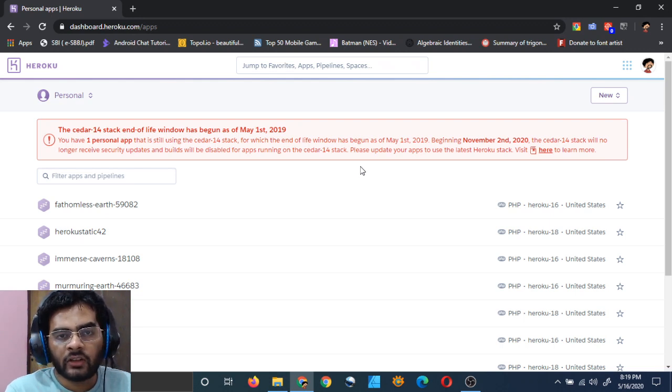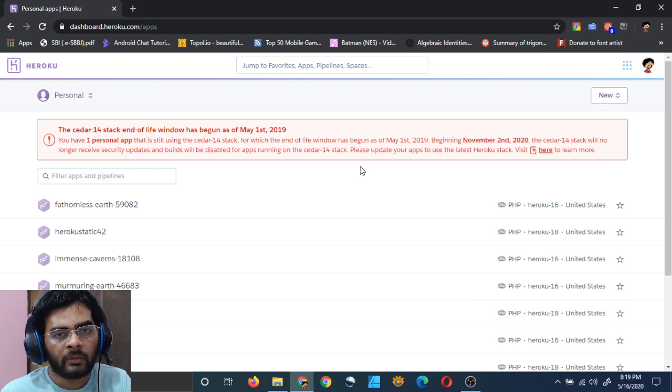When you put your debit card details in Heroku, they will verify your debit card, and I think they will deduct $1 from it just to verify that you can make payment from this debit card, you have authority over it. When you put your debit card in Heroku, they will give you some extra free hours.